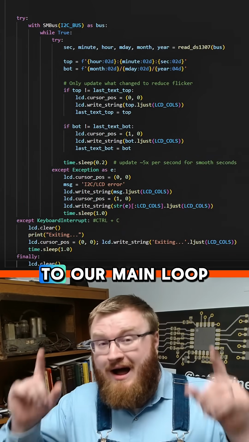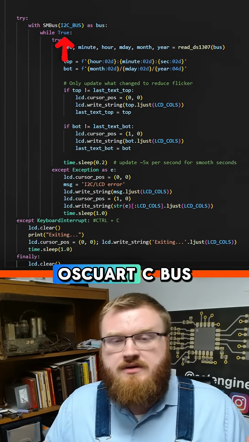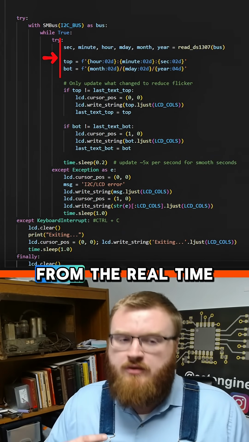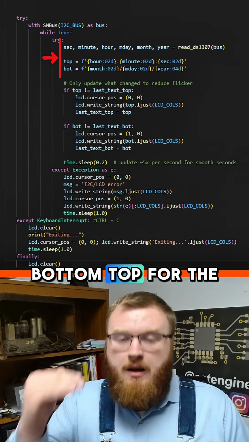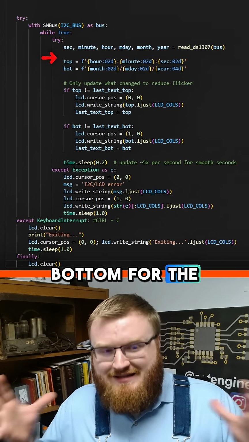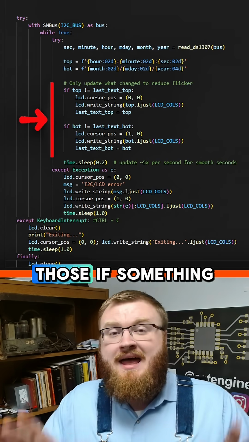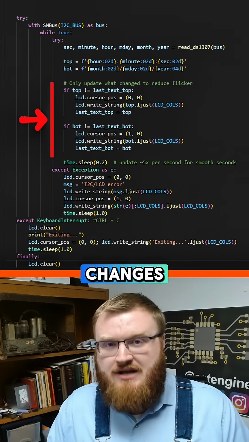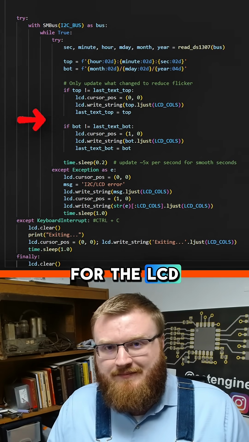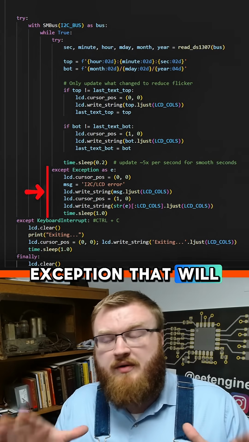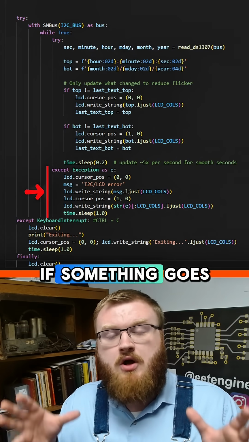And that brings us to our main loop where we open the I2C bus, import the data from the real-time clock module. And then we have 2 strings, the top and the bottom, top for the time, bottom for the date, and we only update those if something in that data changes to make sure flicker is reduced for the LCD. We also have an exception that will print an error message to the LCD if something goes wrong